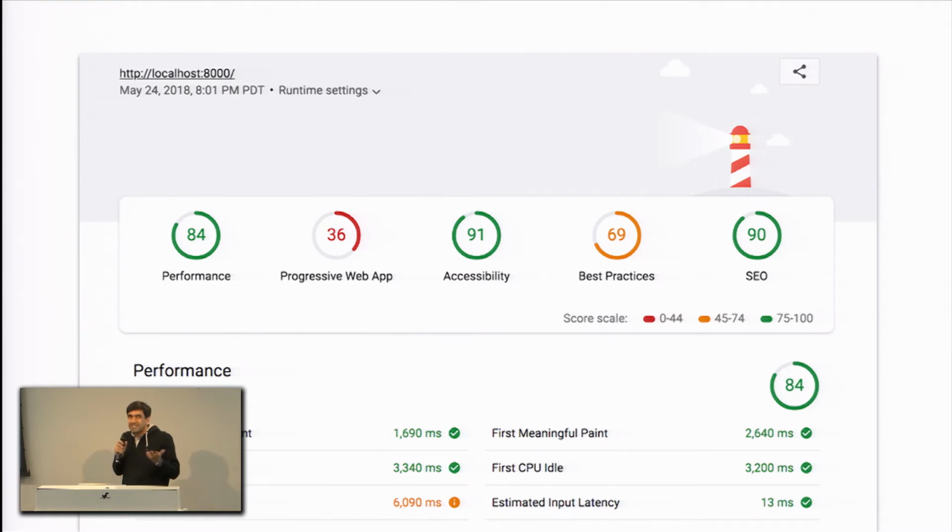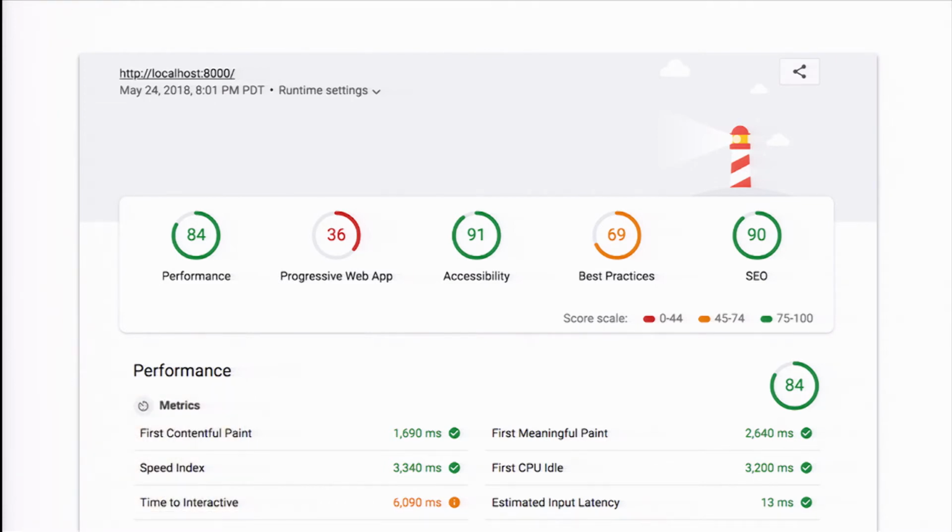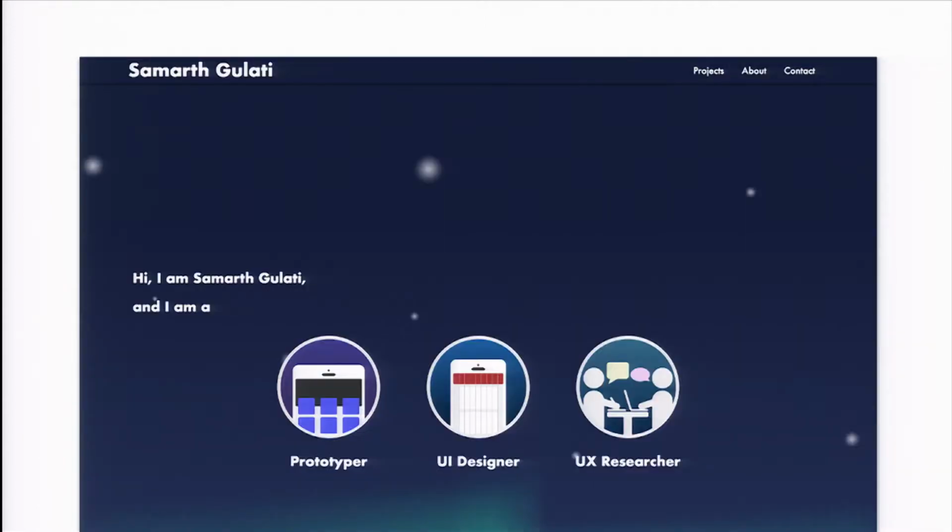So I put in my website, and the scores are all over the place. Performance, accessibility, SEO, it's kind of okay, but progressive web app and best practices definitely need some love. Just to give you an idea, this is my personal website. It's hosted on GitHub. It's statically hosted, nothing fancy, no server-side code, just a few images and a little bit